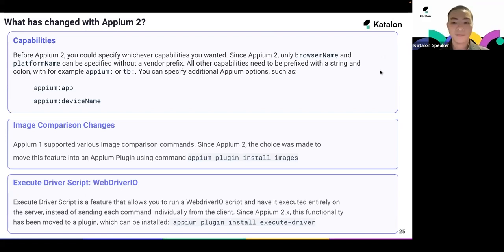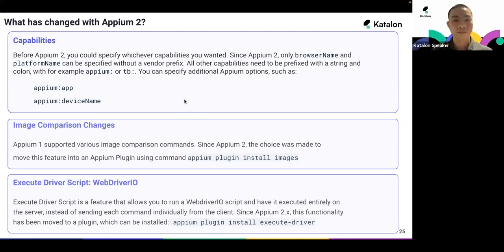And for WebDriverIO, it will be the same. For Appium 2, you just need to install the plugin using appium plugin install execute-driver. So these are the most common changes in Appium 2. There are a lot more you can check on the Appium official website for a list of the changes that Appium 2 provides